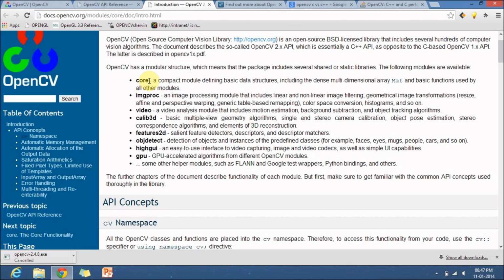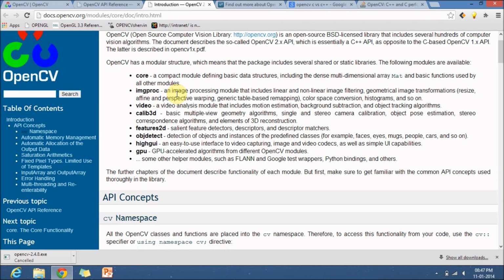The first one is core, a compact module which gives you the basics about the data structures: how to store an image in memory, how to access a particular pixel from memory, and all that stuff. The imgproc package is used for image processing like linear filtering, geometrical image transformations like resizing, perspective warping, and remapping. Even the color space conversion algorithms are available in this imgproc module.